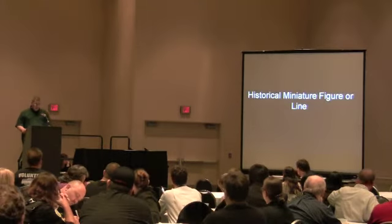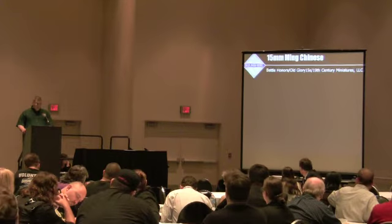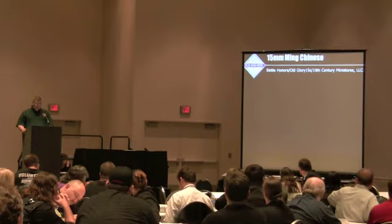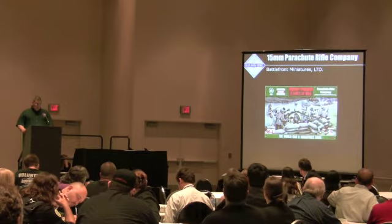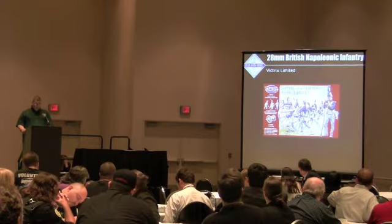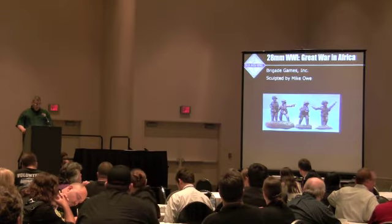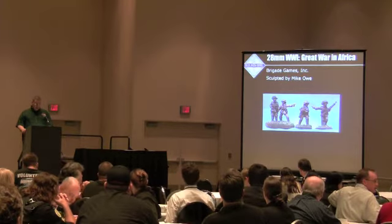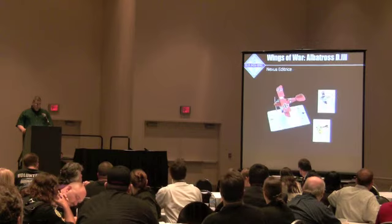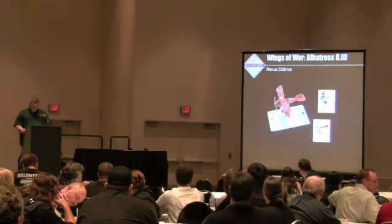The nominees in the category for historical miniatures figure line are 15mm Ming Chinese from Battle Honors, Old Glory 15's 19th Century Miniatures LLC, 15mm Parachute Rifle Company from Battlefront Miniatures Limited, 28mm British Napoleonic Infantry from Victrix Limited, 28mm World War I Great War in Africa from Brigade Games Incorporated, sculpted by Mike O., Wings of War, Albatross D3 from Nexus Editrice. And the award goes to